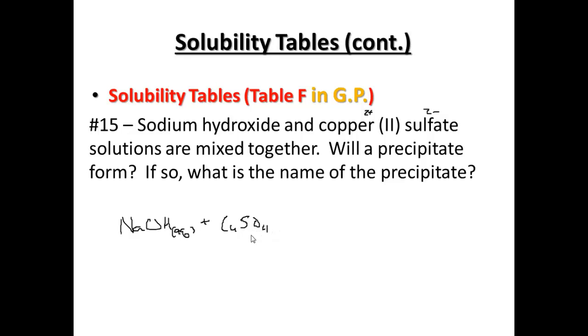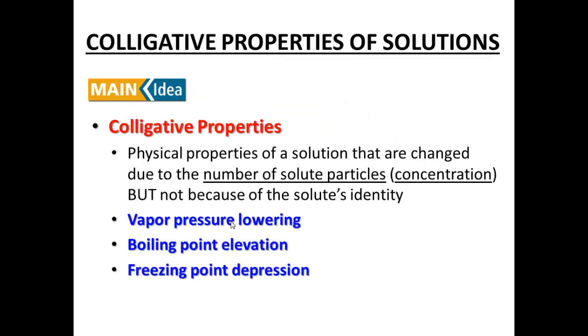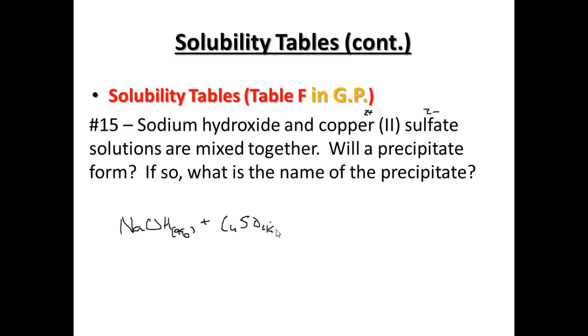And the sulfate ions are always soluble unless with silver, calcium, barium, strontium, or lead. So copper is not one of the exceptions. So this will be aqueous. It's soluble. Now we're going to take this one, and this one, and this one with this one. So we have